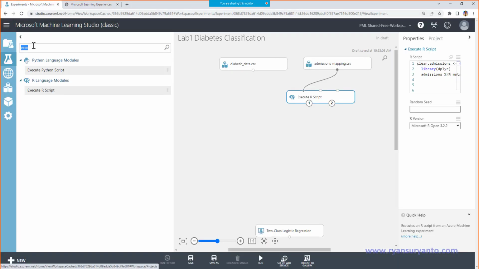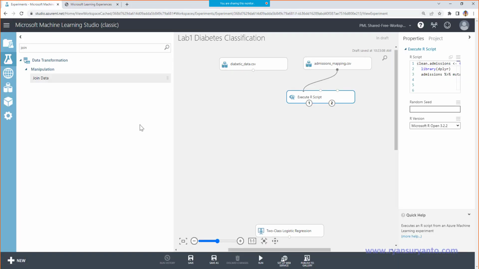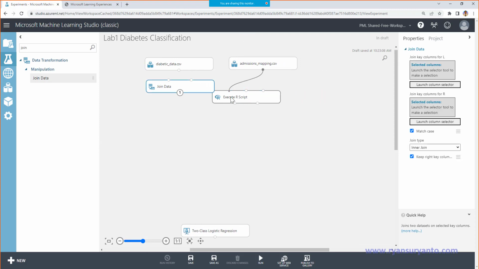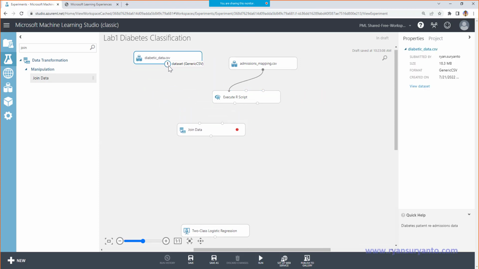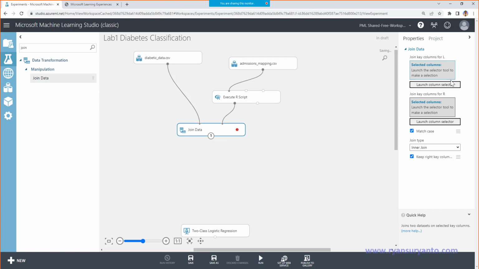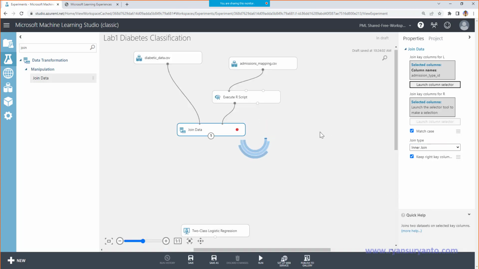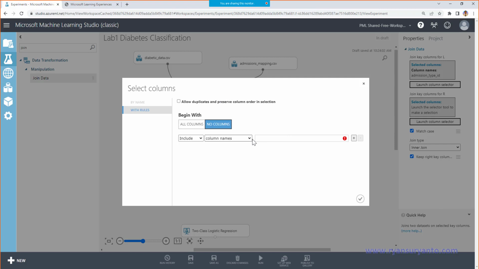I look for the join, this one, Join Data. Connect this one into this one, and then using the admission type ID on the left, and on the right also admission type ID.